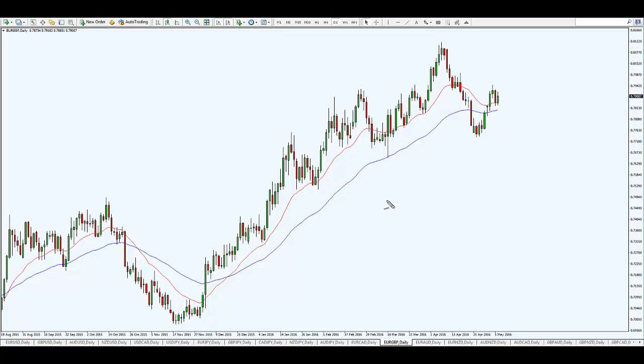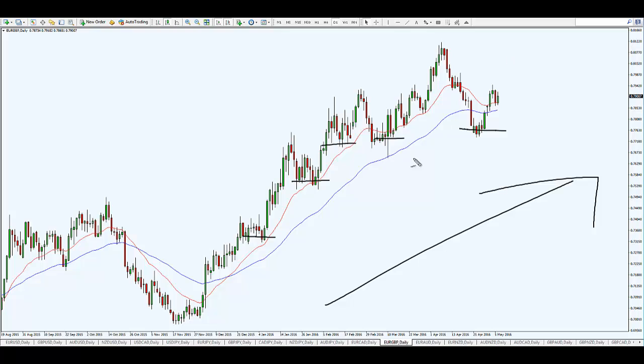So what do you notice right now on this euro pound daily time frame? You can agree with me that it's in an uptrend, right? You have a series of higher lows, higher lows, higher lows. It's in an uptrend, right? Since you know that the euro pound is still pretty much in an uptrend,